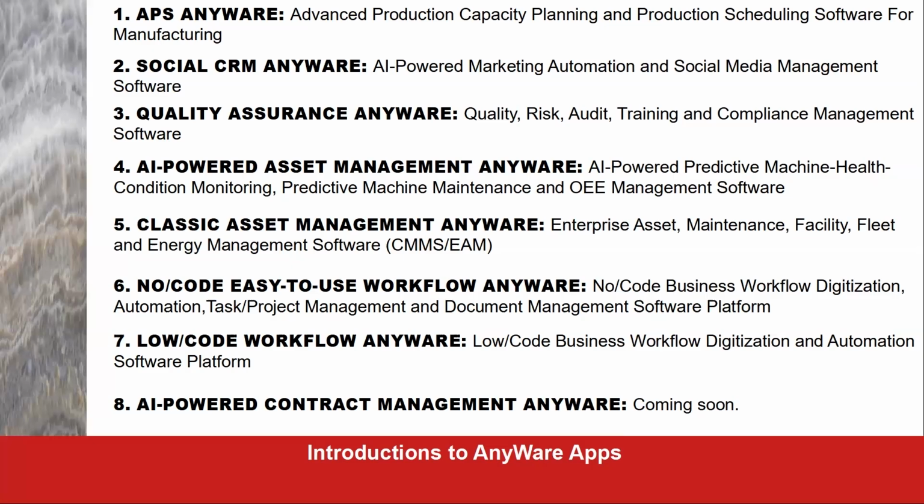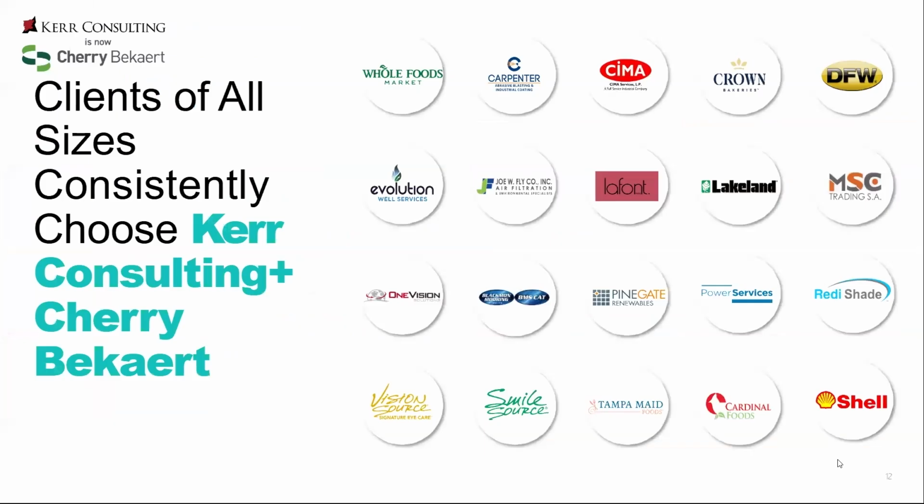And coming up, AI-powered Contract Management Anywhere, coming soon. That is an AI-powered vendor contract and customer contract management software system. It comes with AI. It triggers automatic contract renewals. It also calculates the risks that come with your contracts so that you can take managerial actions to address those business risks accordingly. As you can tell, we have a very rich AnyWare Apps product portfolio, and we are expanding this product portfolio as they are standalone as well as integrated with Sage.